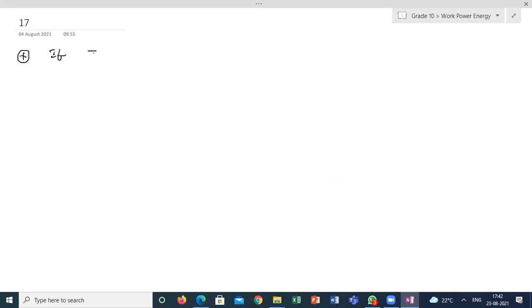If Z1 and Z2 are conjugate complex numbers, what is the meaning of conjugate complex numbers? Z1 and Z2 are conjugate to each other. What is its meaning, guys? What is the meaning of conjugate complex numbers? If Z1 is A plus IB, then Z2 is A minus IB. No, that's not the exact definition.